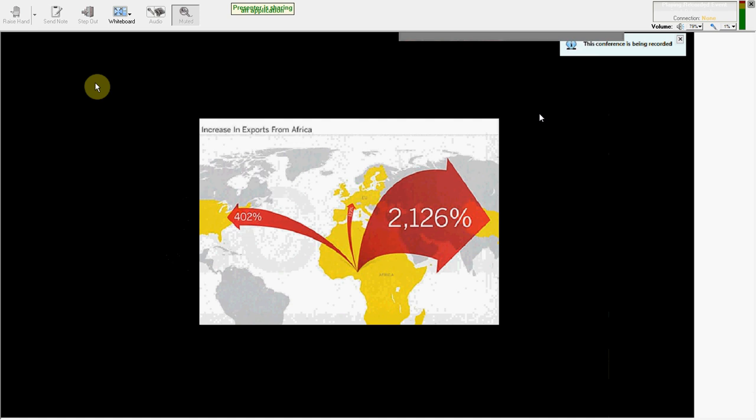And scale is basically just size. Scale's really important in conveying not only relationships in terms of quantity, like something is bigger than another thing, but it can also help with showing importance of different objects. In this particular chart, it's increase in exports from Africa, and the cool thing about scale